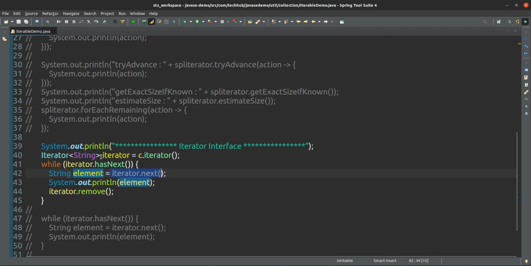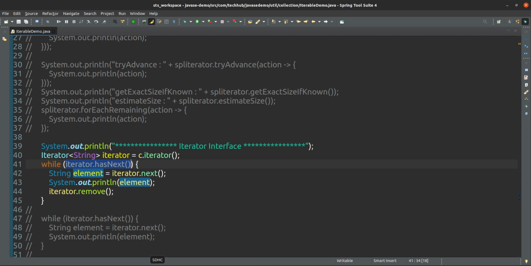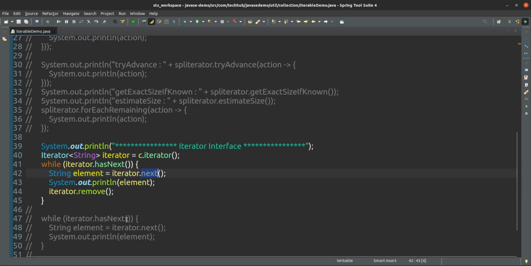Then it checks whether the iterator has reached the last element or not, because we are checking hasNext. If we have not reached the last element, it will return true, and again this loop will run, and we are printing that element.